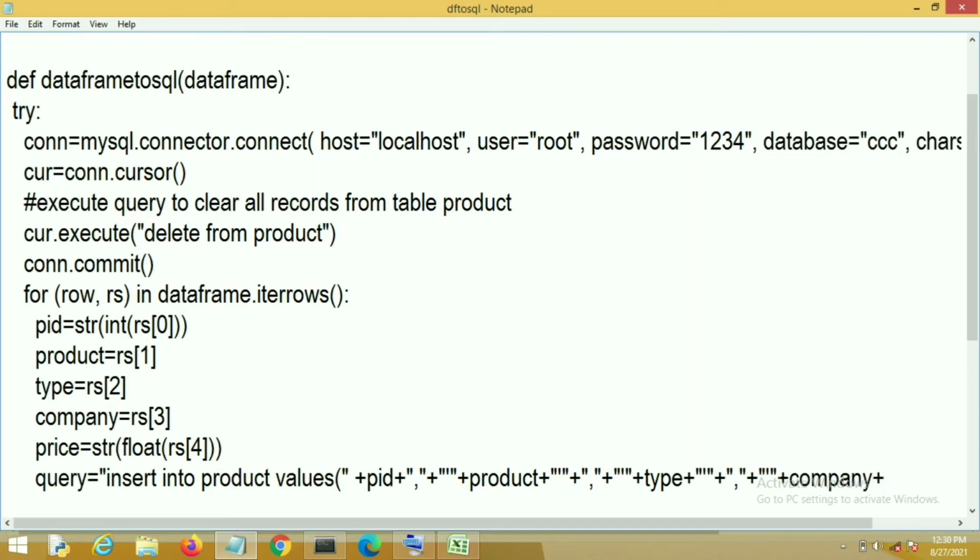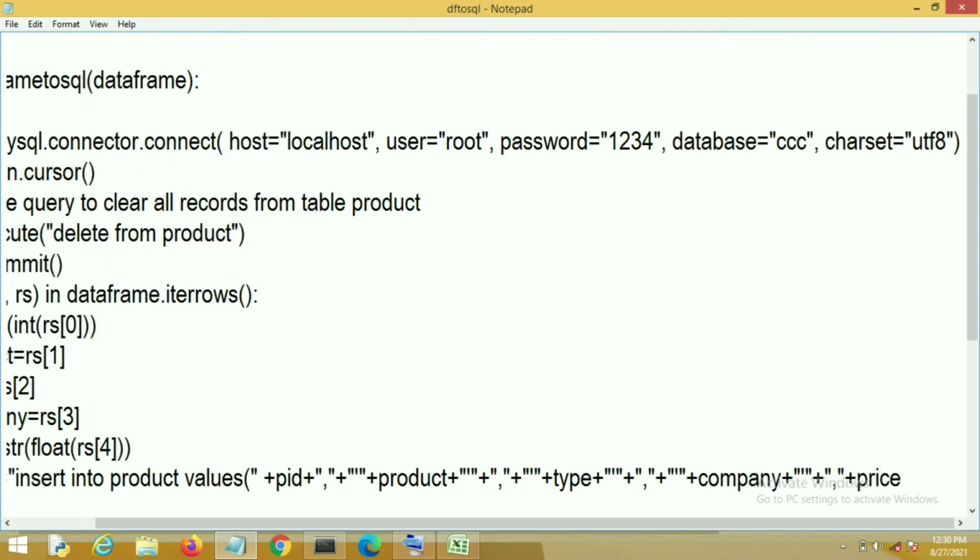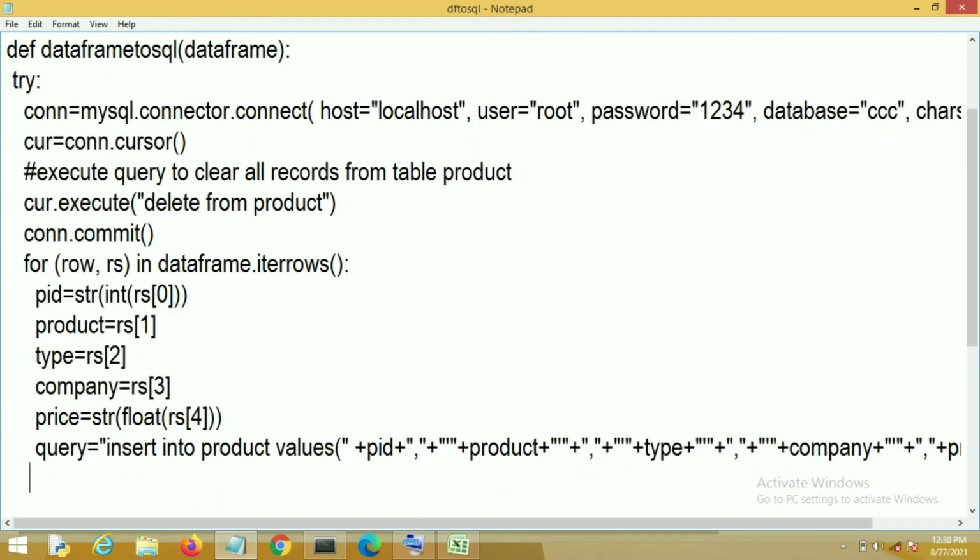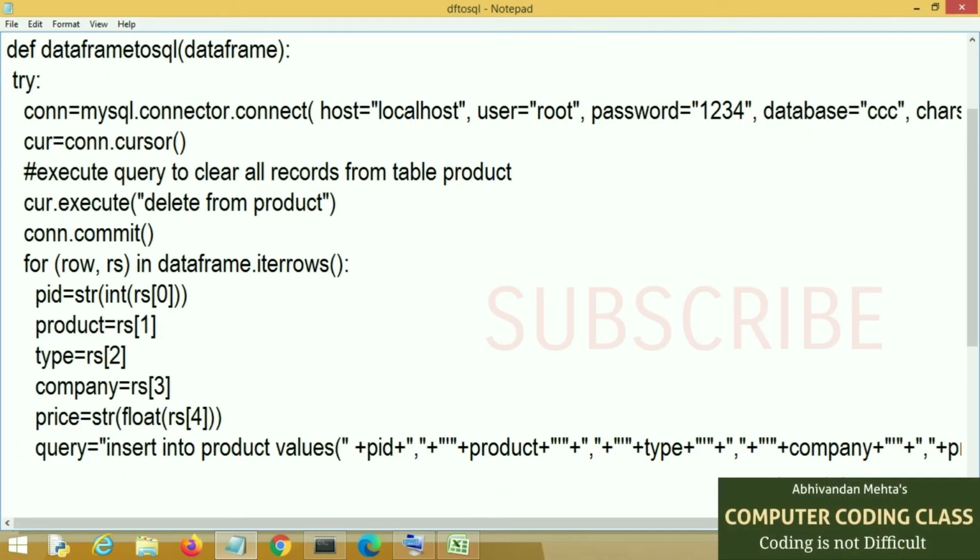But product name, type, company, all these fields are strings, so they are encoded with single quotes. In this way we created our query to insert data. Now we will execute this query by using the execute command.